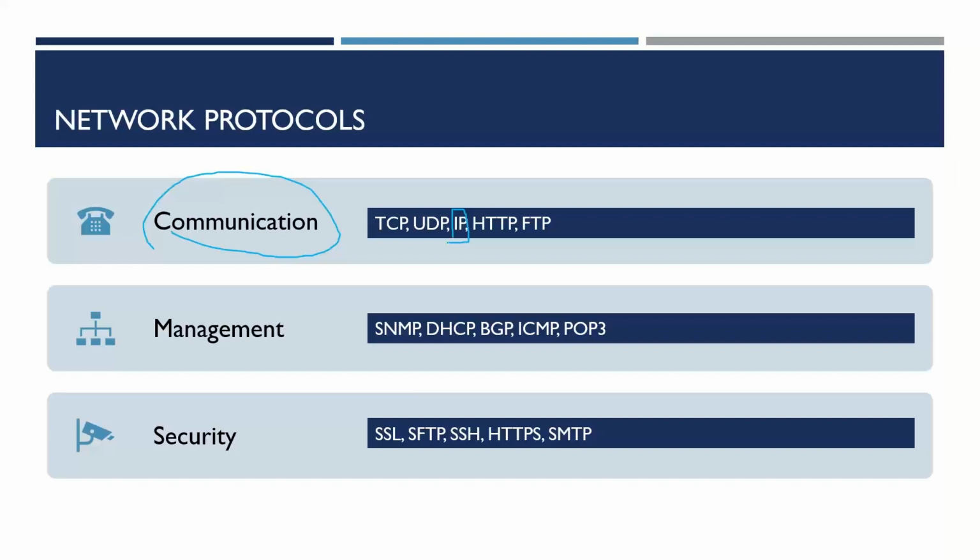So it is a numeric address through which we are identifying a particular destination, a system, similar to our home address. Without a home address, we cannot reach a particular place, right? So there should be an address to deliver something. Similarly, in the network, we need an IP address to deliver a particular packet or message to a particular destination or system. So IP is the base for everything.